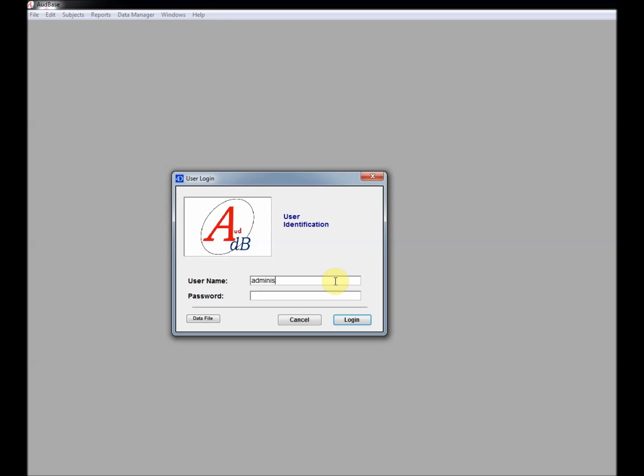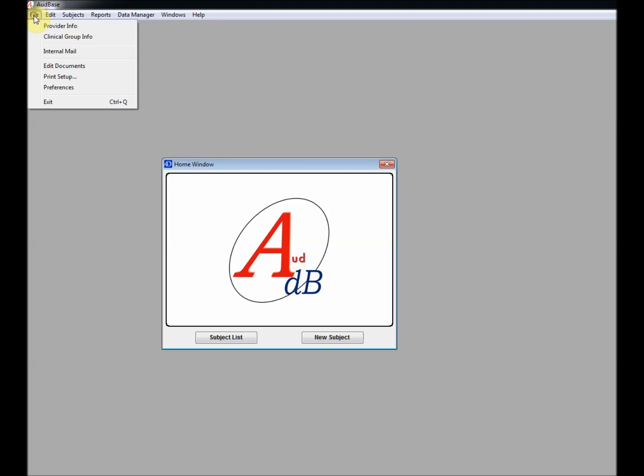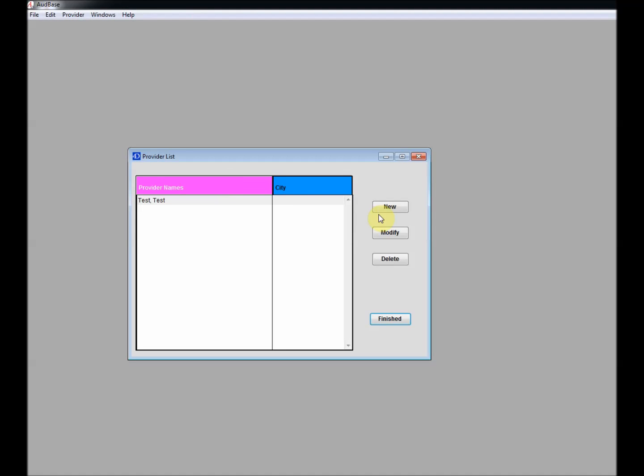First, log into AudBase with the administrator account and password. Once logged in, go up to File, then Provider Info. Click New